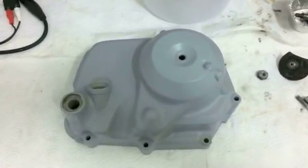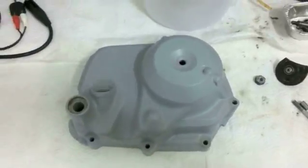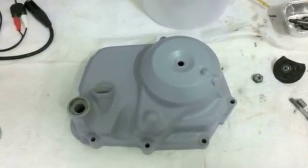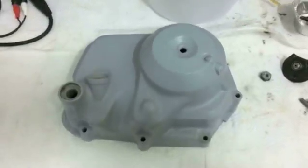So that is my advice on this. And as I said, that wear mark right there is a bit borderline for me, but I'm going to use this anyway because I don't have a choice. I don't have any covers available to me right now. And so yes, that's relating to the covers. Last bit,